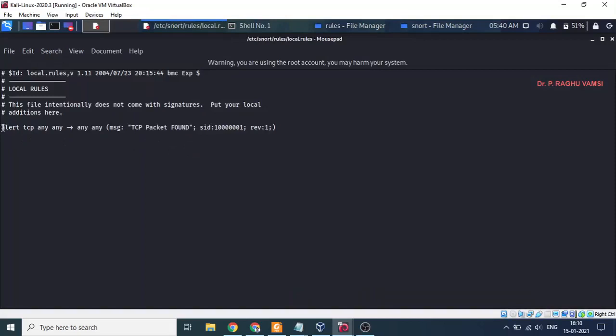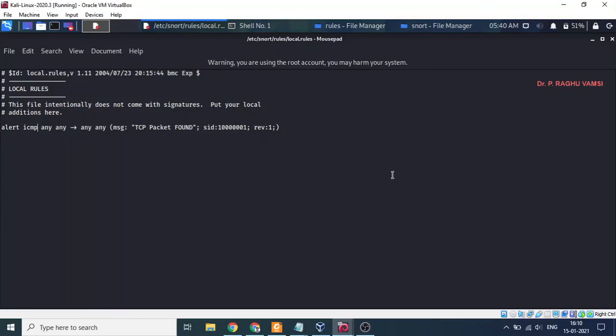These are custom-made, or we can say user rules, and we save. We can write any number of rules we want. Whenever a user wants to write a rule, that rule number must be greater than 1 lakh, 10 lakh 1. That means it should be greater than 1 million. So like that, you can write any number of rules like here.